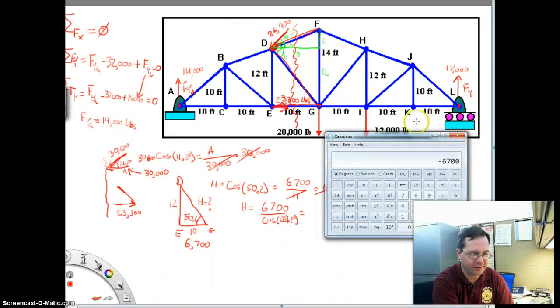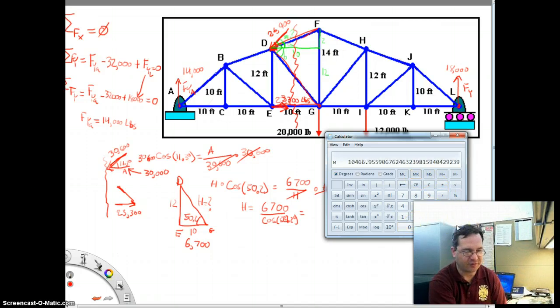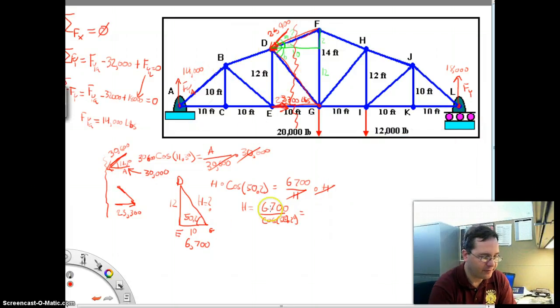So again, when using the calculator, we start with the angle 50.2, take the cosine of it, and add that to the memory. Then I take 6,700 and divide it by what's in the memory, which is the cosine. And there you see that we get right around 10,400 pounds. Actually, we could probably call it 10,450 pounds, give or take. And again, that is tension, because if you think about DG, it is pulling point